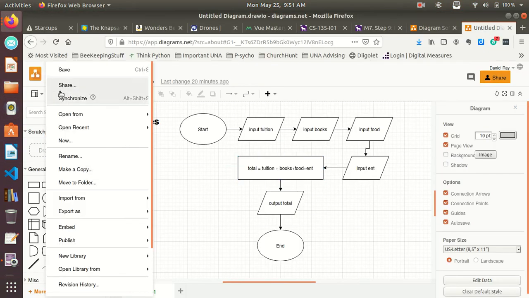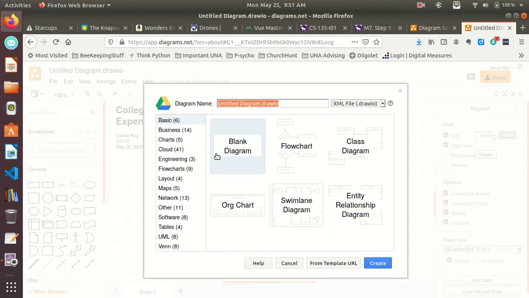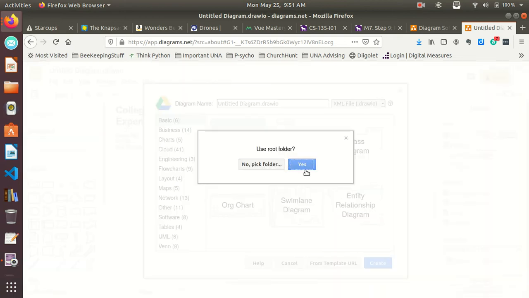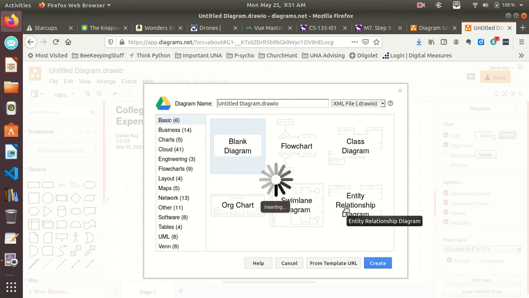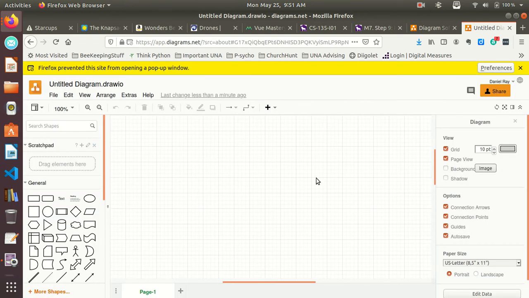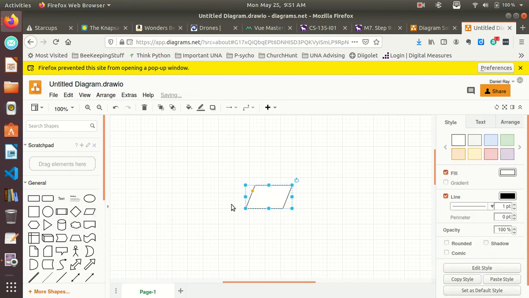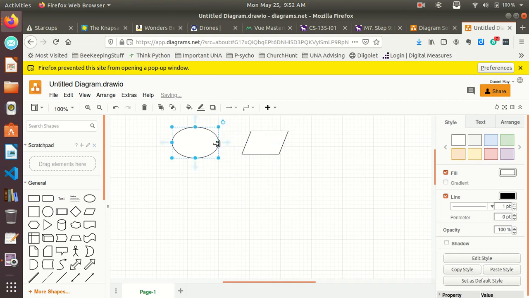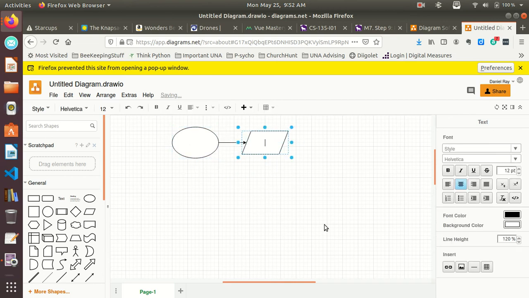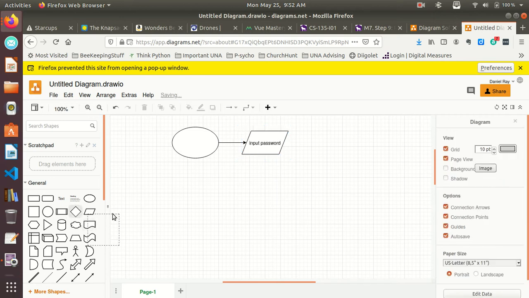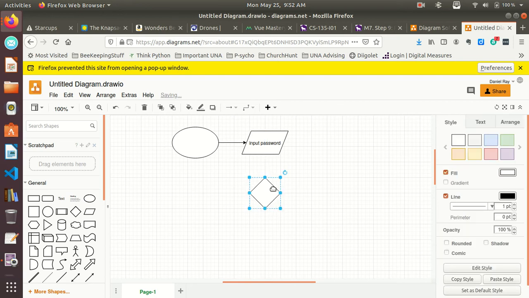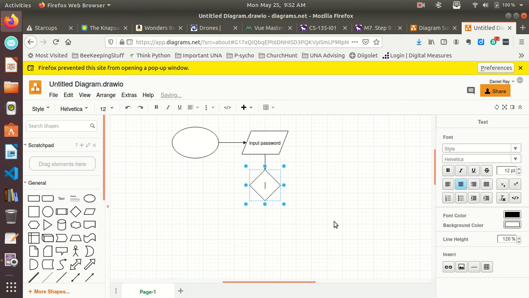Okay, so I'm going to give myself a new flow chart. Okay, new flow chart. So we're going to begin with an input. I'm going to do this sloppily. Obviously, there's a start thing here. Okay, the input is input the password. Then we need to make a decision. And what do decisions look like? Decisions look like diamonds. Okay. Is the password correct? Well, in our case,